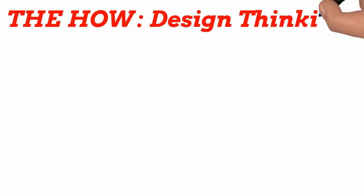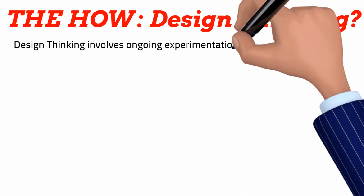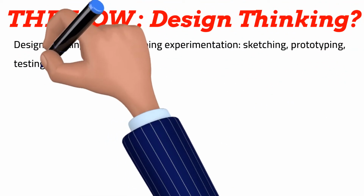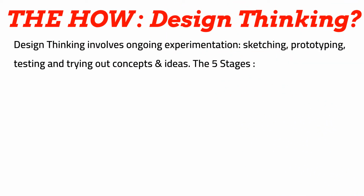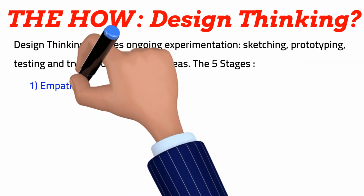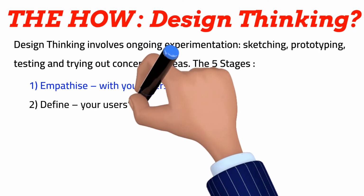The how of design thinking. Design thinking involves ongoing experimentation, sketching, prototyping, testing, and trying out concepts and ideas. The 5 stages are as follows. My favorite, empathize. We need to empathize with our users, then followed by